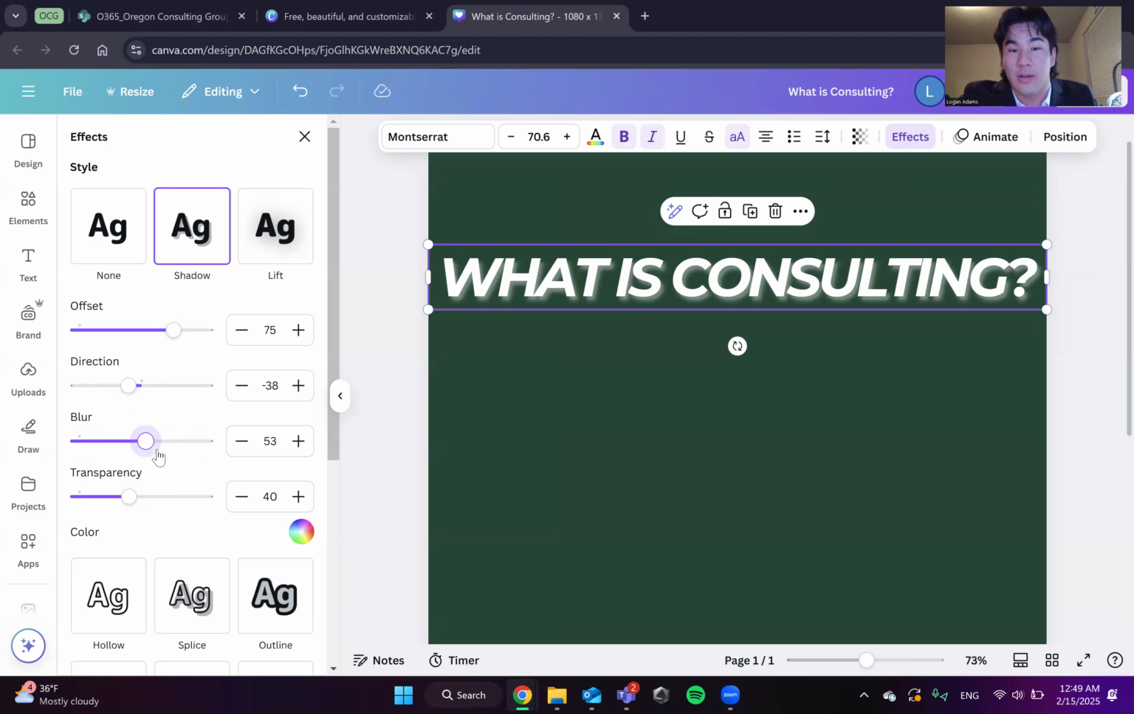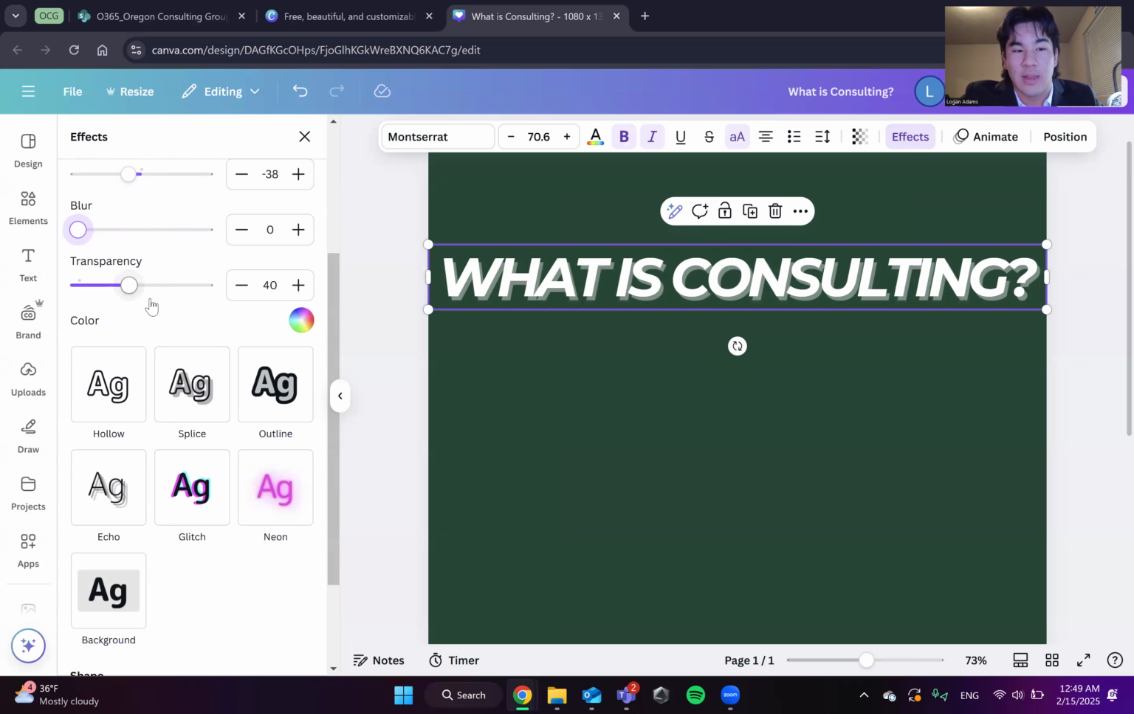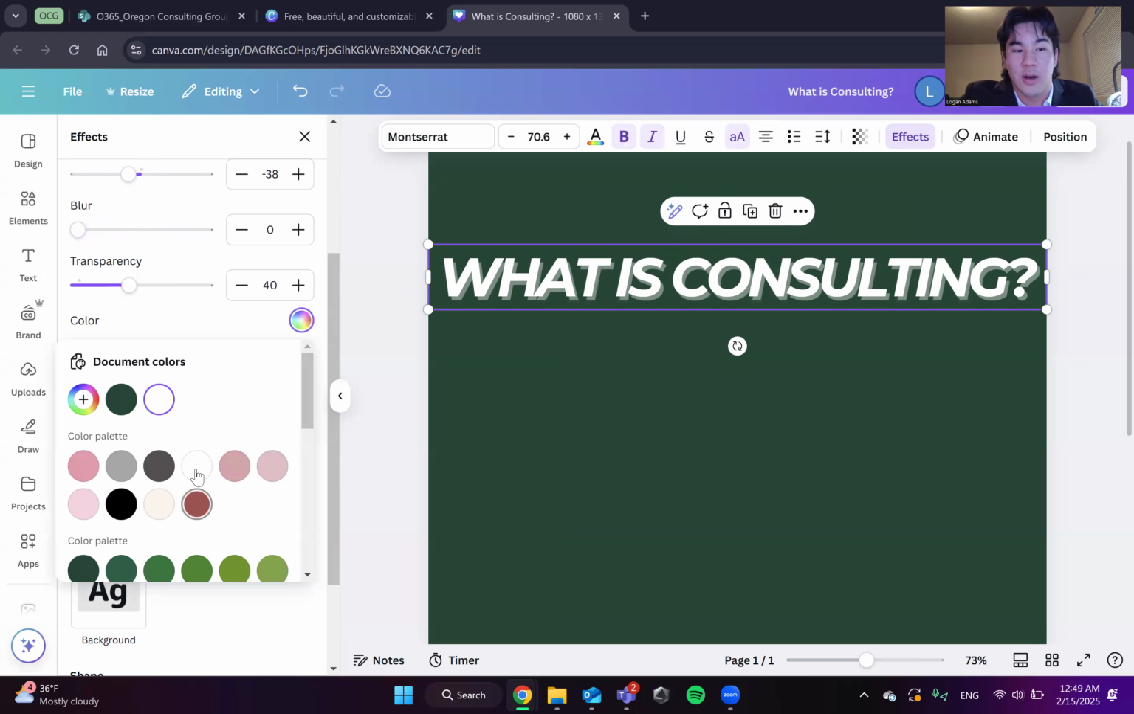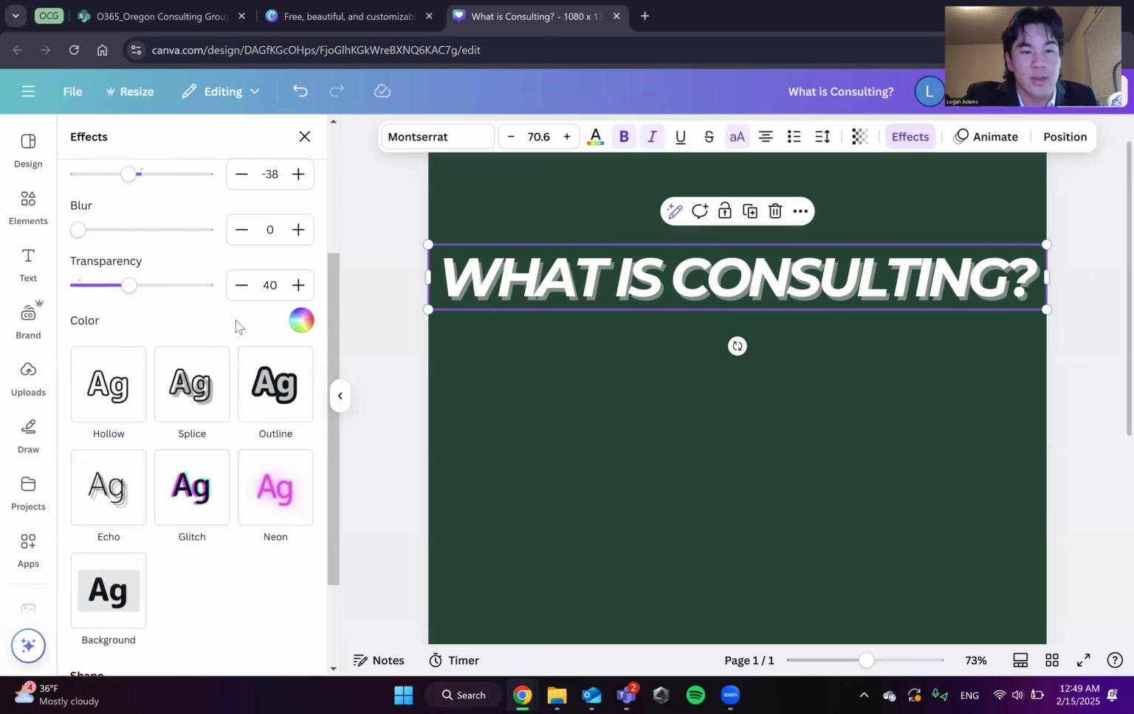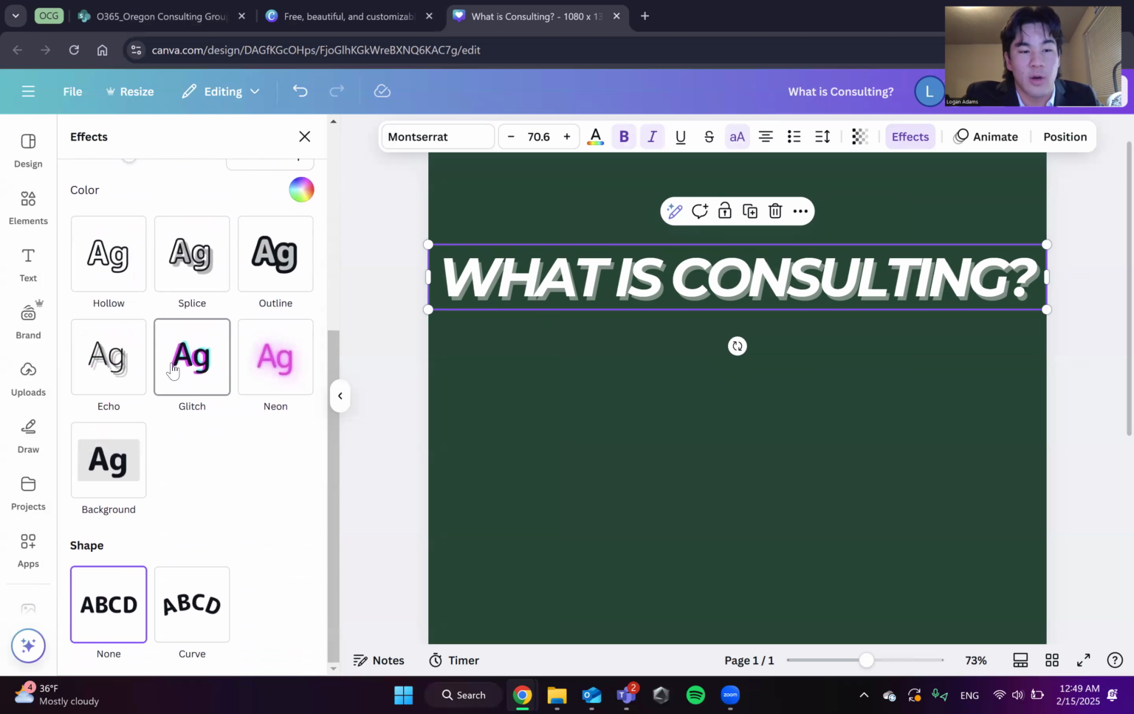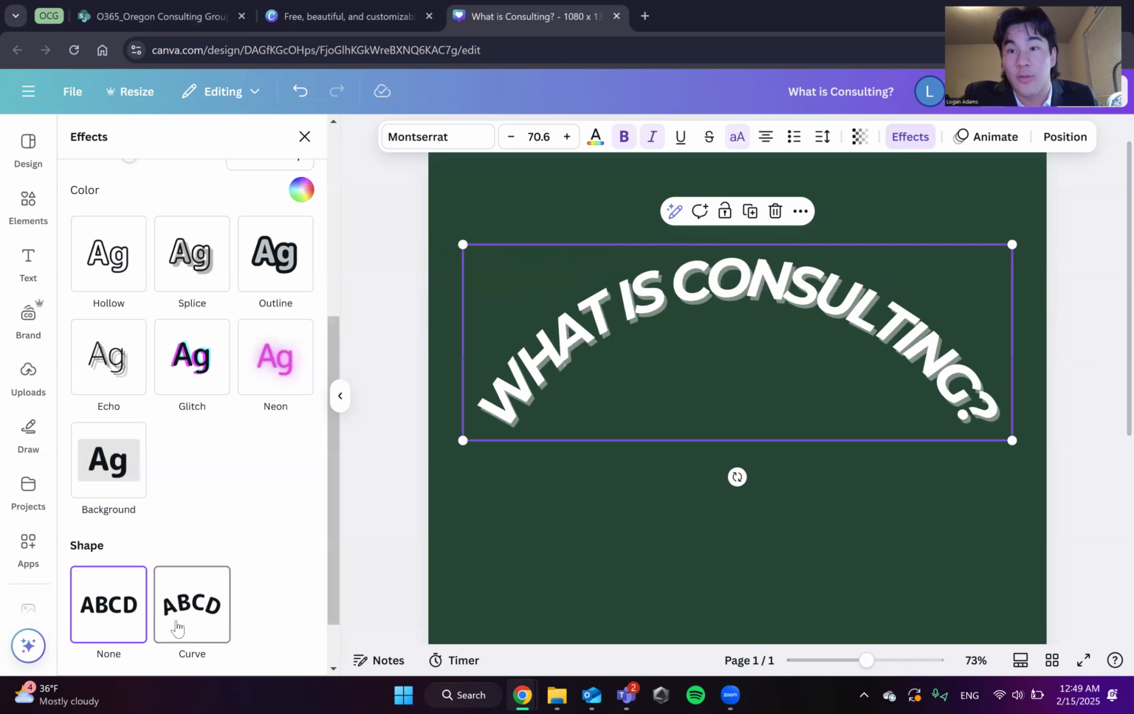You can even blur out the background, make it look more like a faded background type of look. But for now, I'm just gonna keep the blur at 0. And you can even mess with the transparency and color. So if you want a red shadow, there you go. Gonna keep it to white just so it separates with the document. And from there, you can even change up the other effects or go to the bottom and curve it,